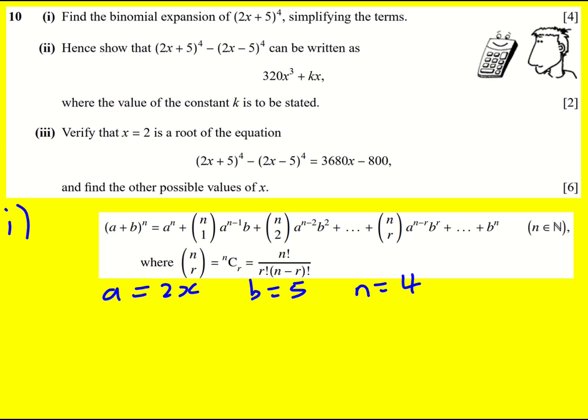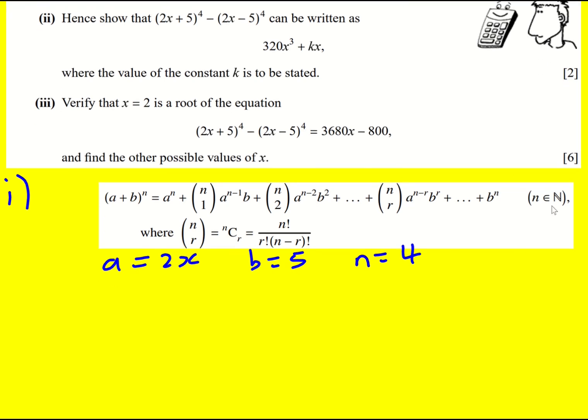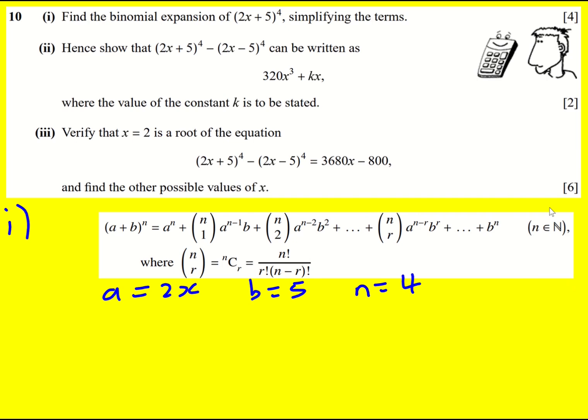Often in binomial expansion, you put the x term second because then as you go up in powers of x, it makes more sense. But because I'm finding all the terms, it's absolutely fine to do what we're doing here. So we're going to get (2x + 5) to the 4 is equal to